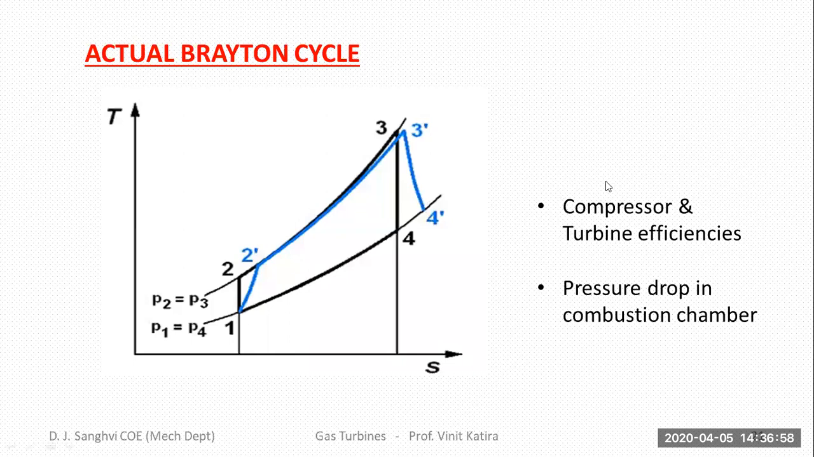So compressor and turbine efficiencies are going to change your isentropic compression characteristics. It is going to become now polytropic. And lastly, the pressure drops wherever applicable will change how your cycle looks. But from a syllabus point of view, we will not be analyzing the actual Brayton cycle. We will only be analyzing the theoretical Brayton cycle and some modifications that we can do on the